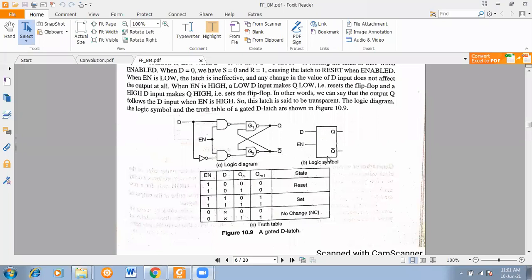And symbolically, we can write D, single input is there. At the output, we can have either 0 or 1, any of the two. So when input is 0, output is 0. When D is equal to 1, output also 1. So that is the condition. See, that is the conclusion here. If D is equal to 0, output is equal to 0. If D is equal to 1, output is equal to 1. See here, D is equal to 0, so output is equal to 0. If D is equal to 1, output is equal to 1. The condition is that the enable input must be there.